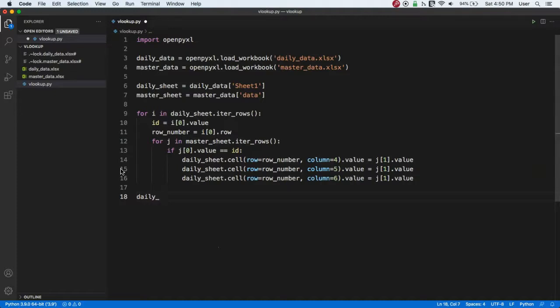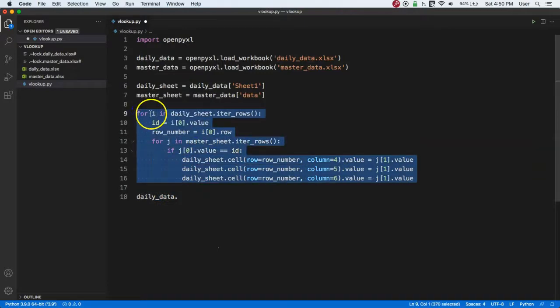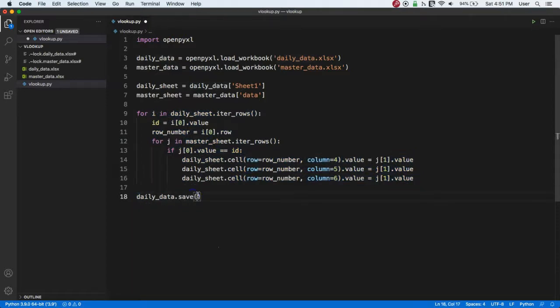So what we need to do here is call daily data in here, and make sure this is daily data, not daily sheet. In all of this operation we did that in a daily sheet, but to make a final save we need to use this workbook object. So I'll call it daily data dot save,